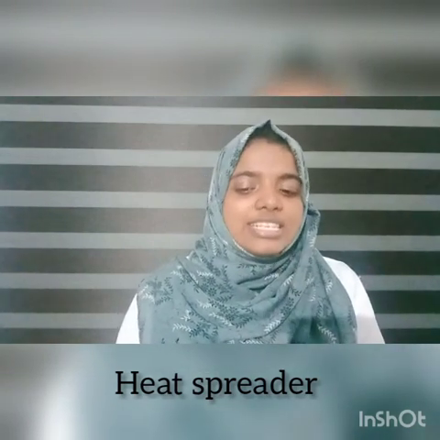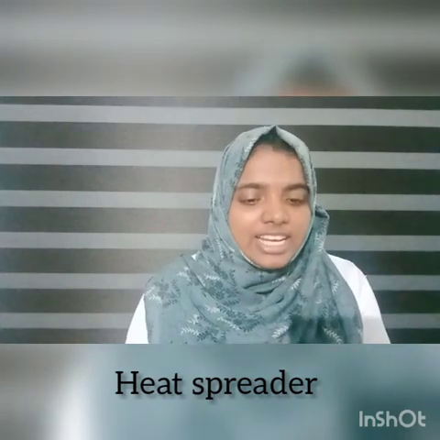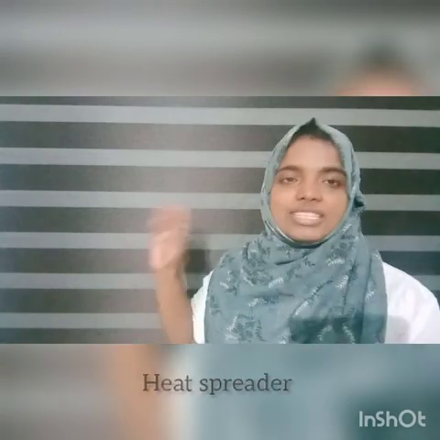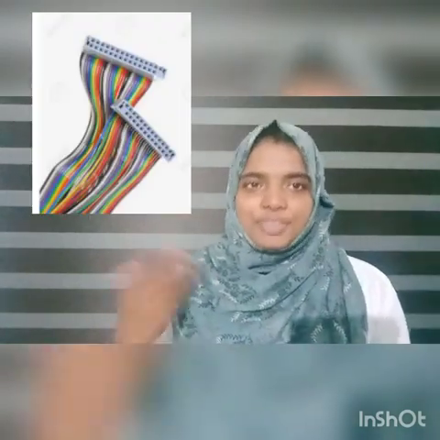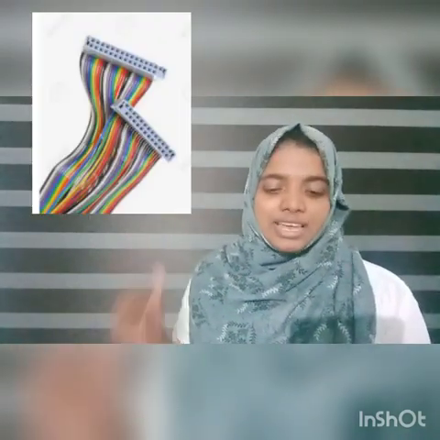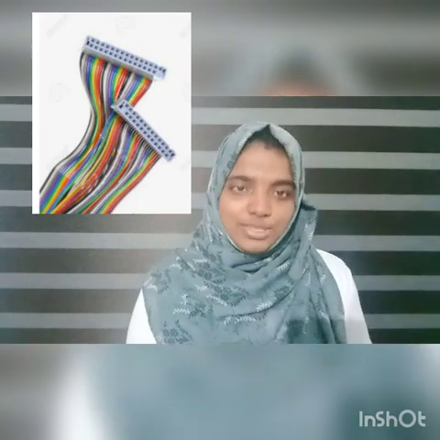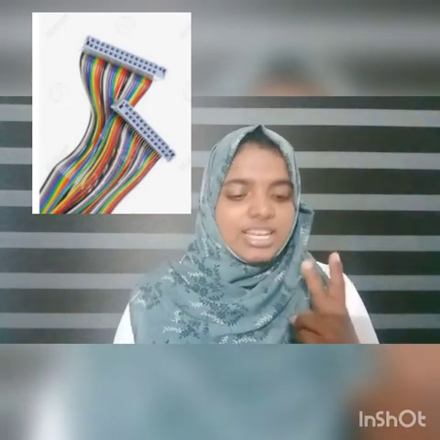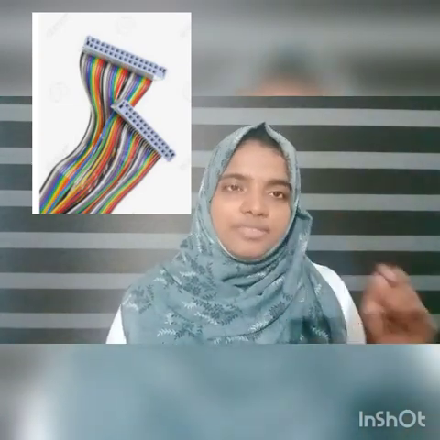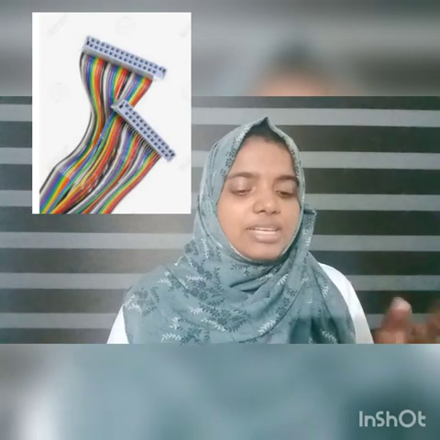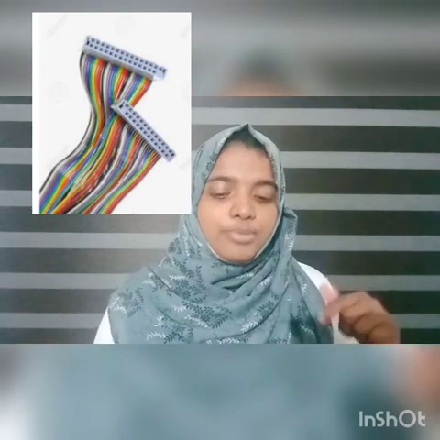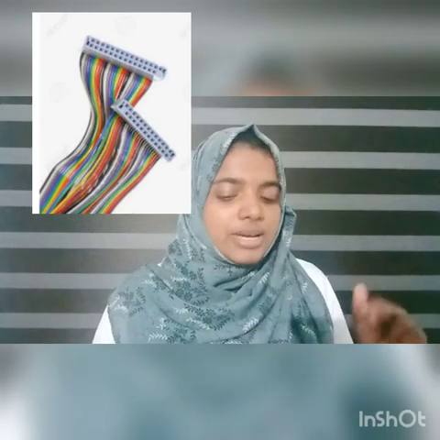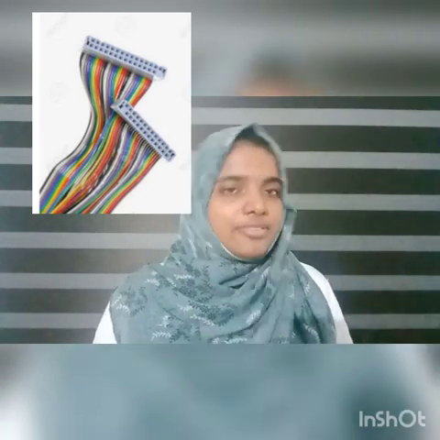A bus is a digital pathway that connects devices and resources. Can you see, children, the bus cable? This is not the cable of the bus, okay. This is the bus cable that connects the devices and resources. A computer has two main types of bus called system bus and peripheral bus. A system bus is an internal path between the computer CPU and its memory. The peripheral bus connects the computer to the peripheral devices.